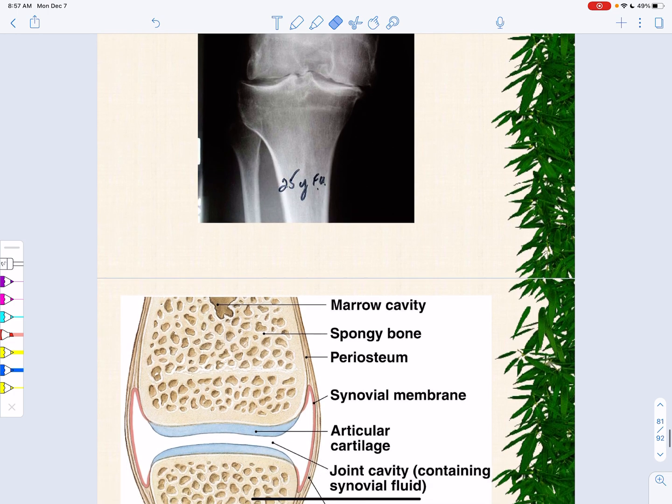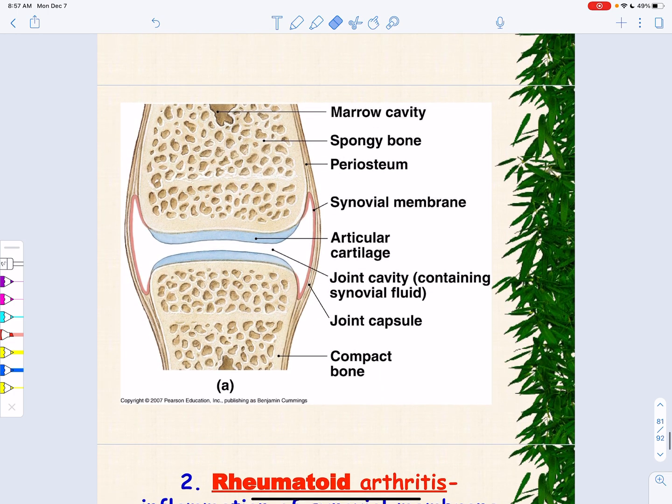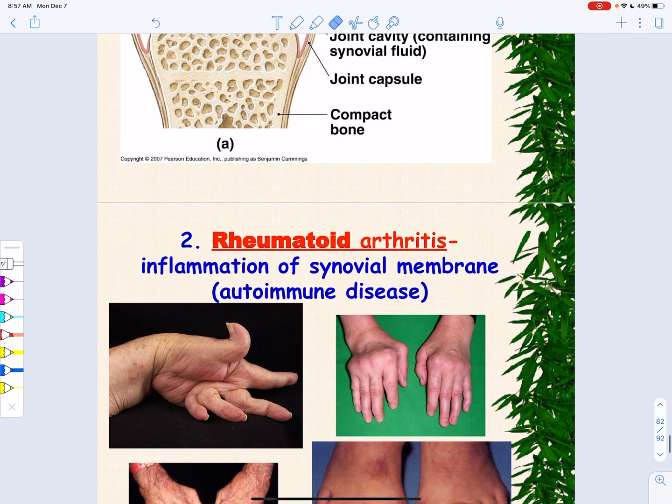Okay, so here's a picture of the joint. I want you to remember where that articular cartilage is and where that synovial membrane is. And of course, look, there's the joint capsule. The joint capsule is going to enclose all of this. And if you have the other type of arthritis, rheumatoid arthritis, you're going to have a swelling of this whole joint complex. So the synovial membrane gets distorted, the articular cartilage ends up distorted,